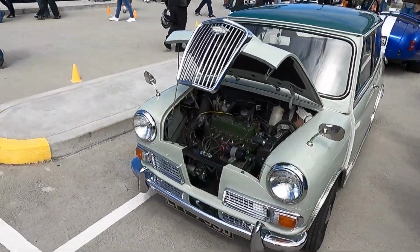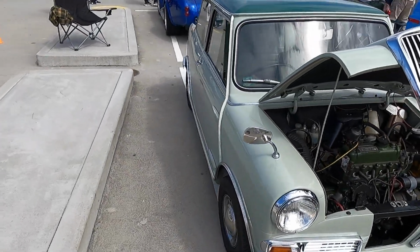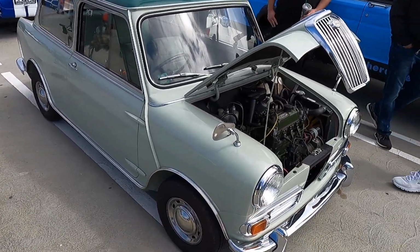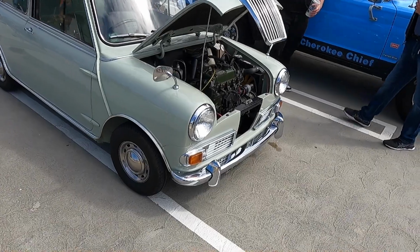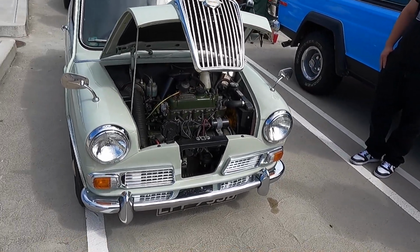Okay, so here's another car you don't see every day. This is a little tiny Wolseley. If it looks familiar, it's because basically, think about this, it's a Mini with extended rear panels, and it's kind of the upmarket version. You know, British Leyland had a whole lot of different makes. They had Morris, they had Leyland, they had BMC, all these different things, and a Wolseley was one of those